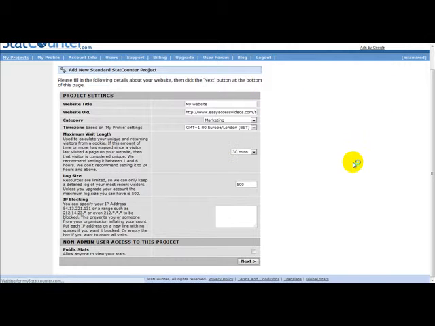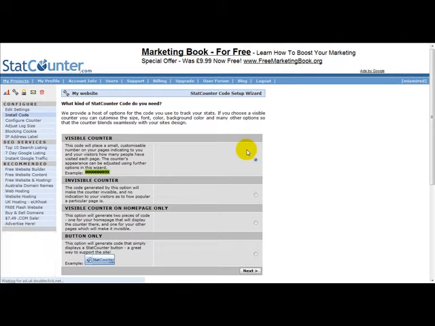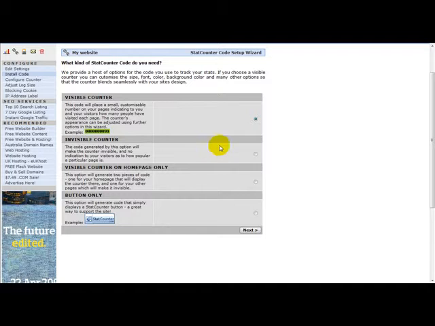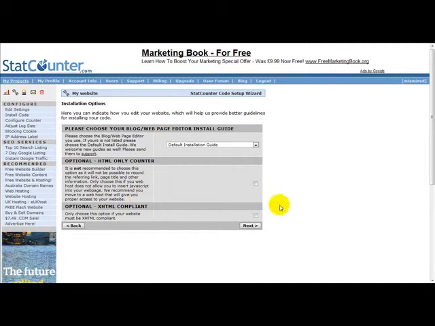Okay, next this should take you to another page. It should say congratulations, your project has been created, and then you need to just configure and install your code. So you're just going to click on configure and install code. Once you've done that, I usually head over to invisible counter and then I click on next. Okay, I usually leave these settings alone and click on next again,